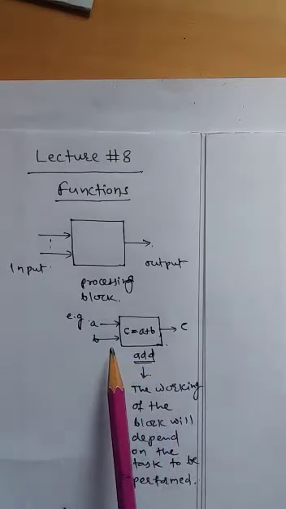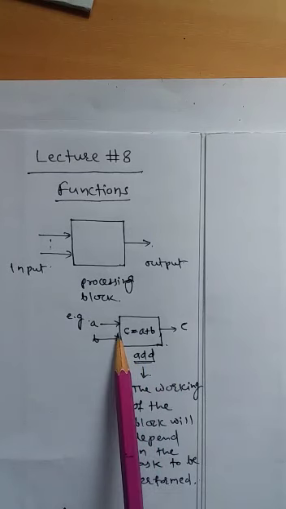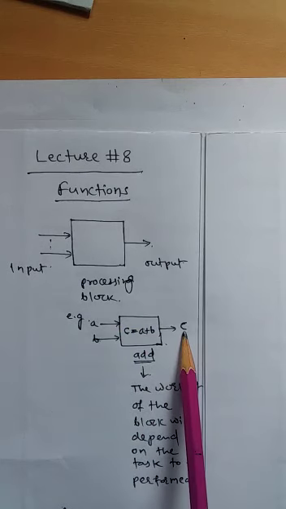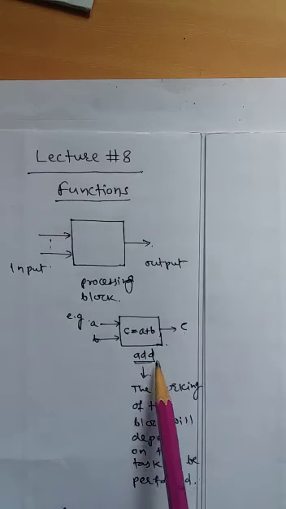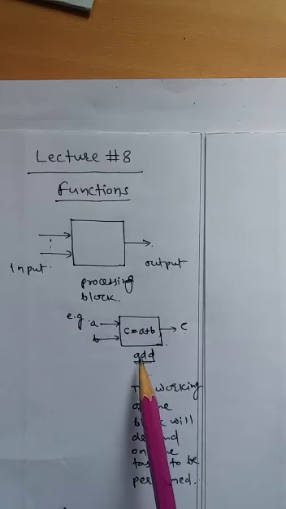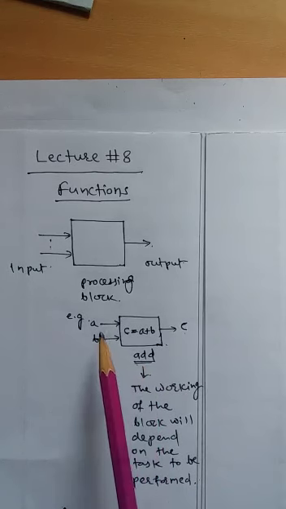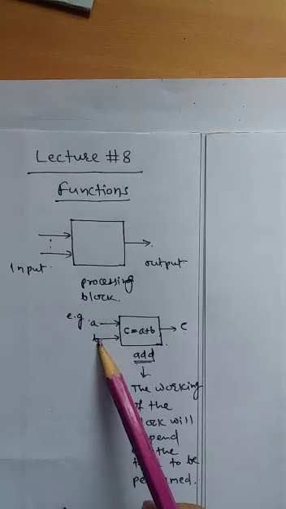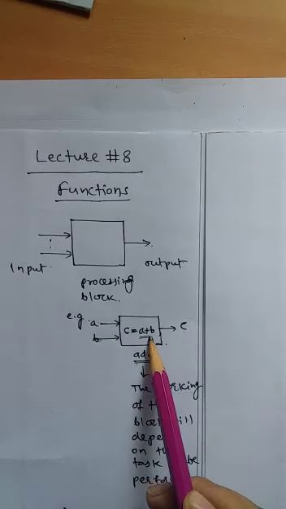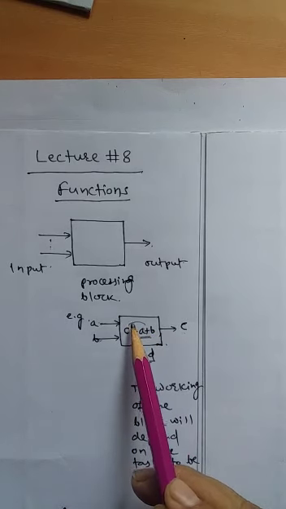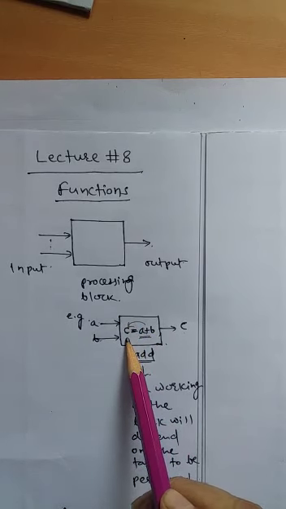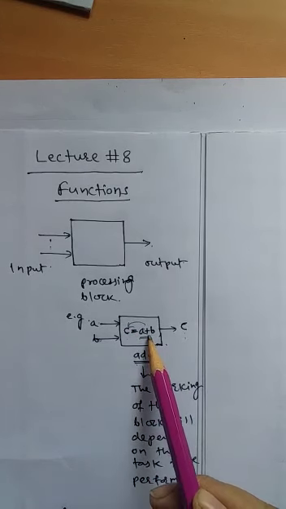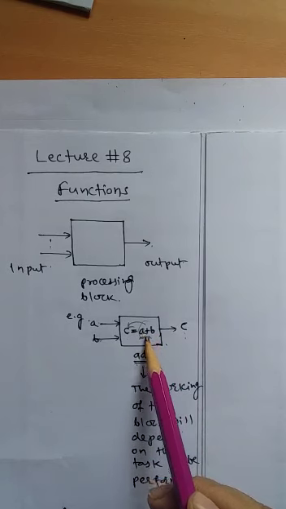For example, now consider this processing block. We have the given input as A and B, the output is in the form of C, and what operation would we like to perform? Add operation on the input variables A and B. So what we are doing here? We are adding A and B. So it will produce a value which we are storing into C, and this C will be given as output. Now this add operation is indicated here by this single statement.